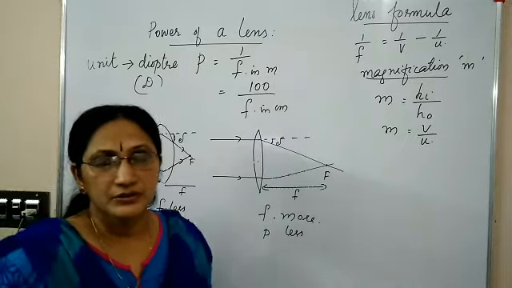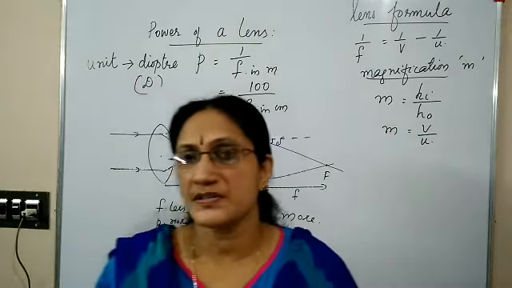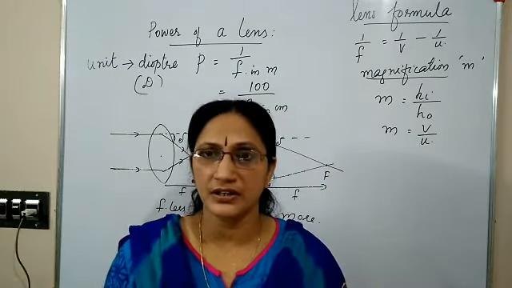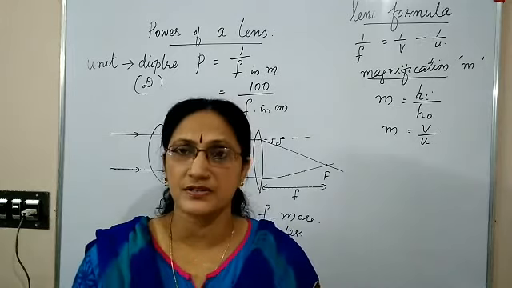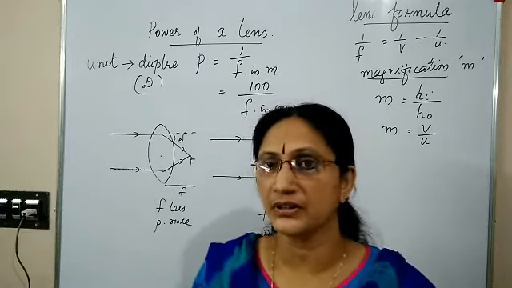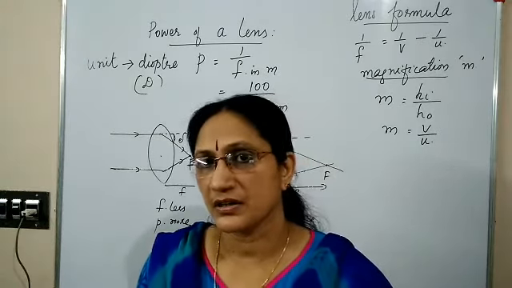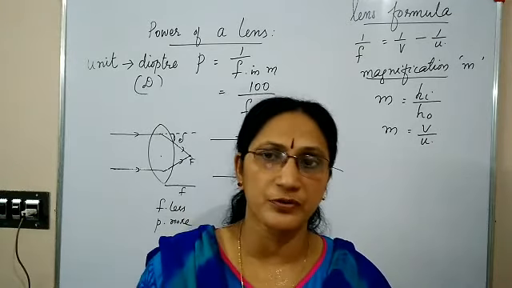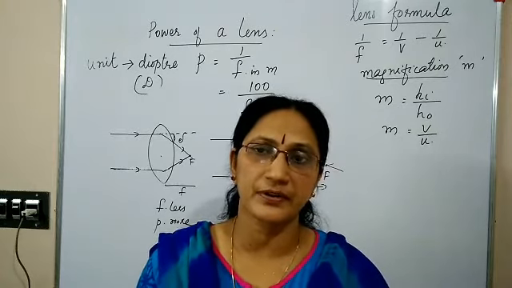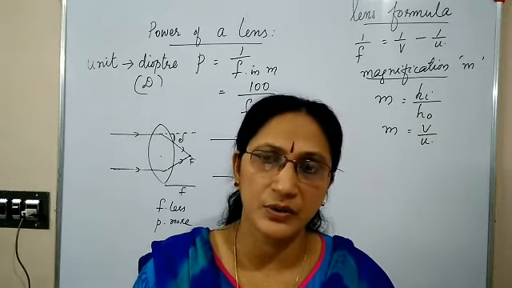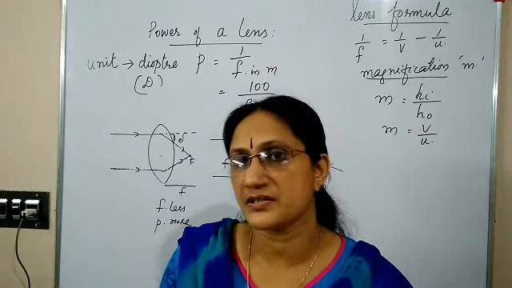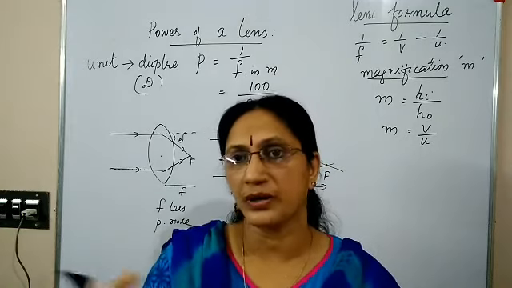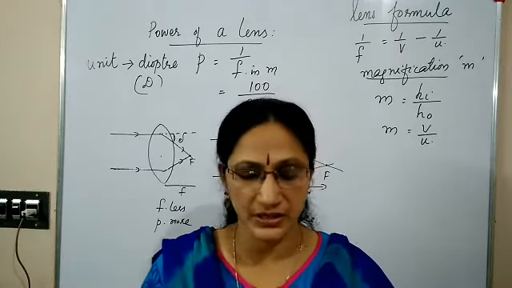Now, I told in the previous video, your syllabus is reduced a little bit. So the remaining topics are excluded from the revised syllabus: the magnifying power of a microscope, and how to find out the focal length of a convex lens by different methods. These things are excluded. You can see it in the revised syllabus. Now only one more topic is left, last page.